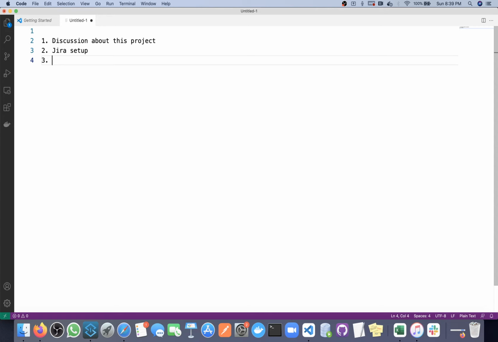Then next we will discuss Confluence also. Generally we use Confluence for storing all the documents related to our project. Whatever requirement gathering happens, it varies from organization to organization, but most organizations follow this Confluence. In Confluence you can store all the documents related to the project. It can be a high level document, or it can be a project level document. Everything we keep here. Okay, so today we'll discuss these three.